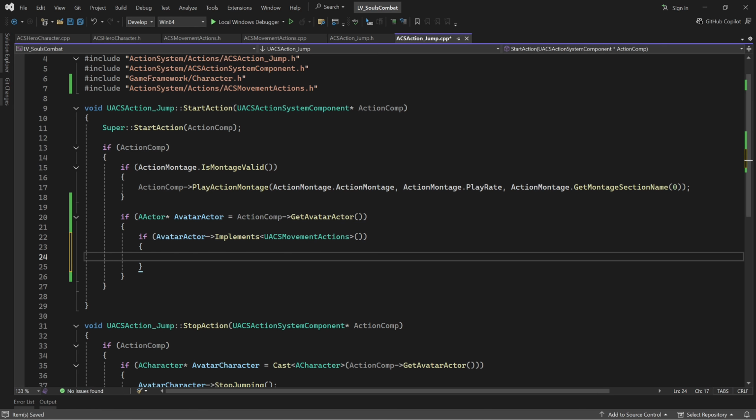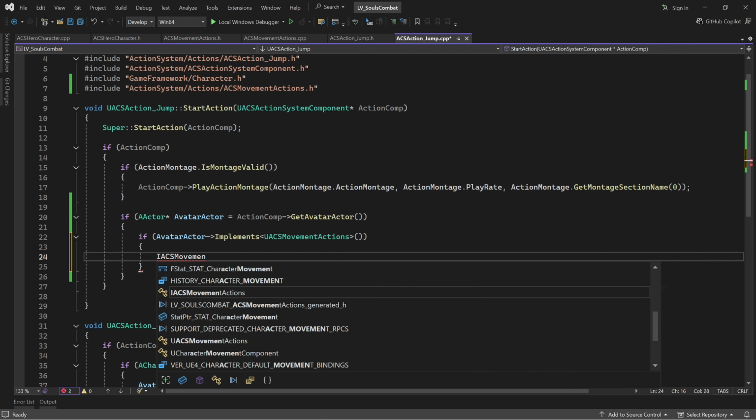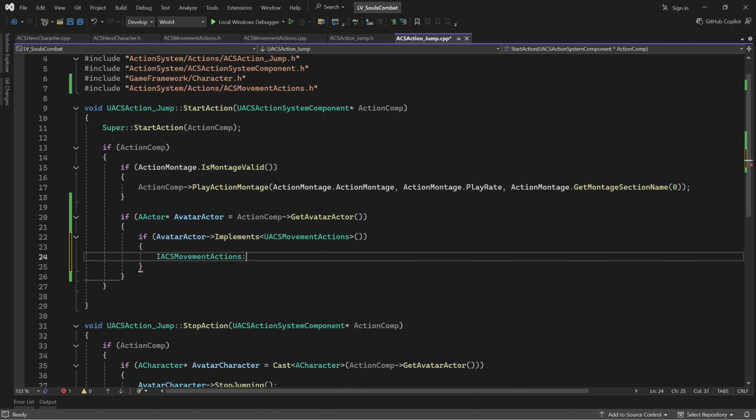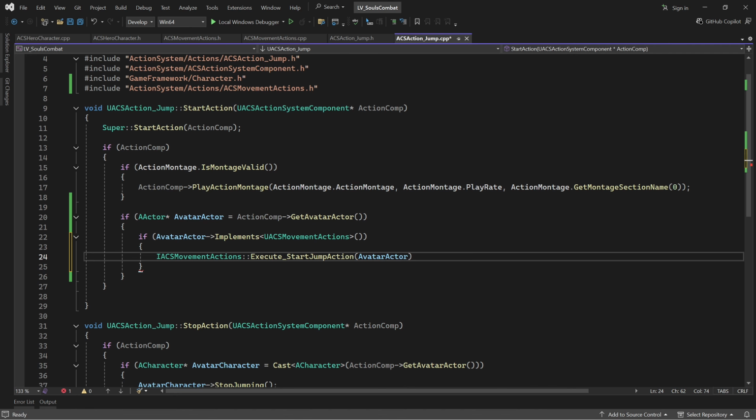Okay, and if that is true, ACS movement actions, scope resolution operator, execute, jump action, in parentheses, pass in the actor reference we are calling this on, just avatar actor, and that should be all we need to pass for